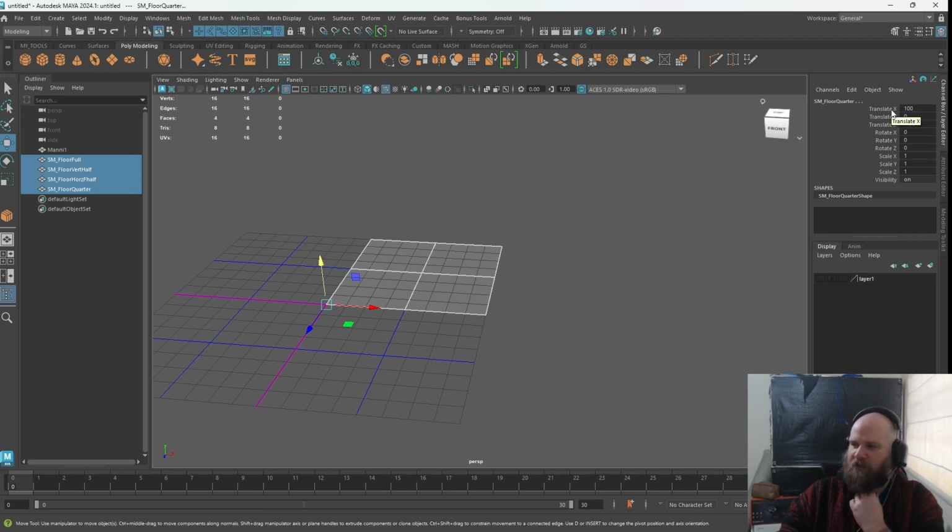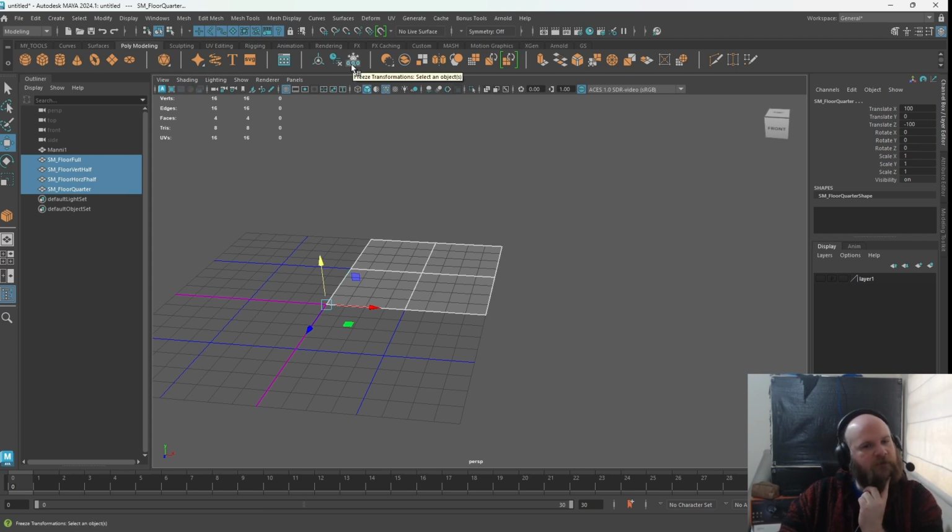And what freeze transformation will do is take the position of everything here and make it default. So where we've got the little snowflake with 0, 0, 0. So watch these numbers. They're all 0. So now every one of our objects is now